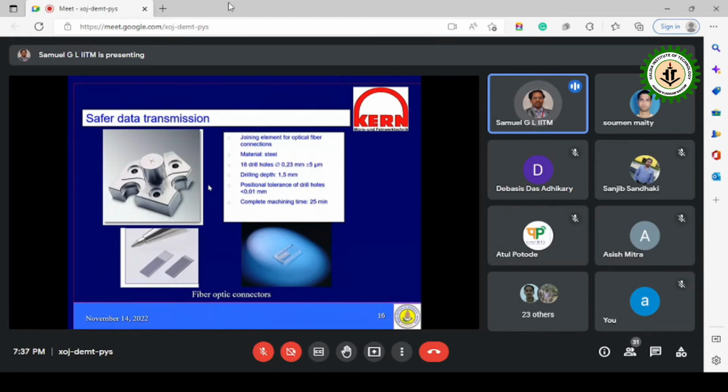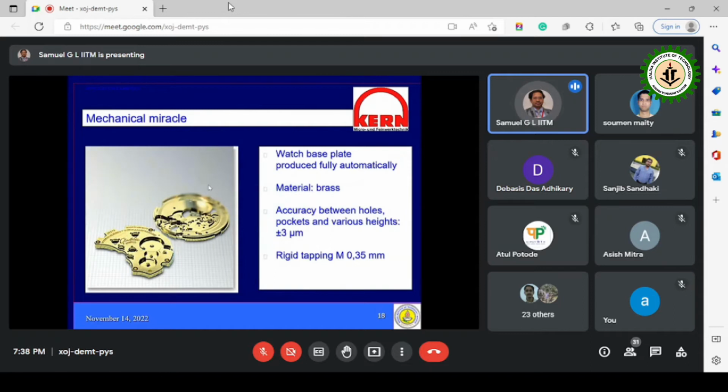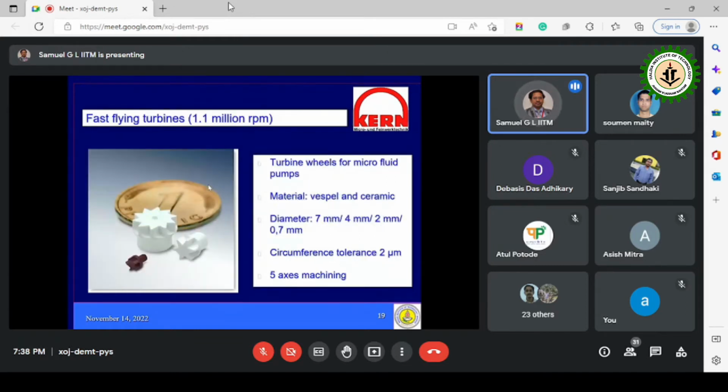So there are micro channels, fiber optic wires with micrometer diameters, and then we have the holes which have been used in automation of the diesel. The smaller these holes, the more efficient will be the combustion. So nowadays it is possible to make the holes much, much smaller. And also the mechanical watches have been made so precise that they go fast or slow by just a few seconds per year. That's how they were able to machine these kinds of components.